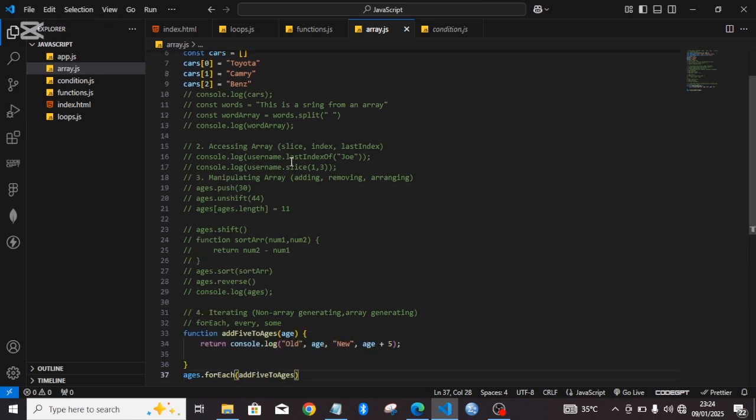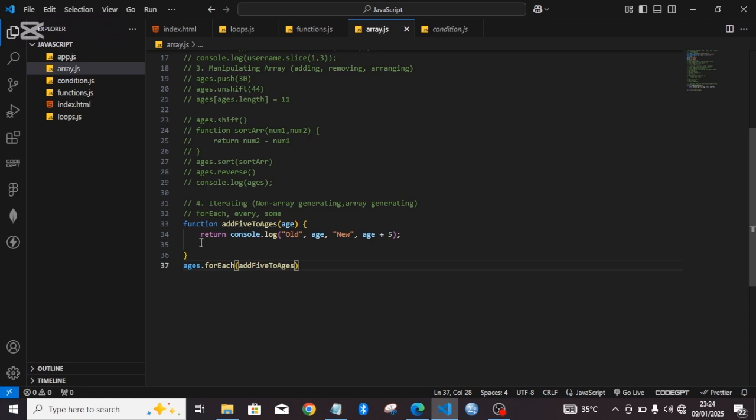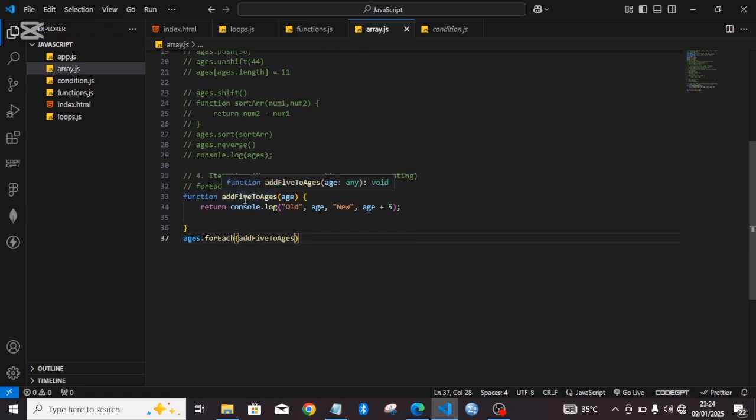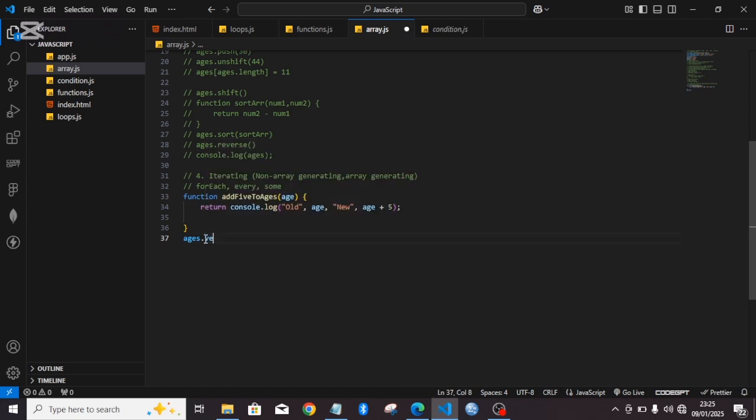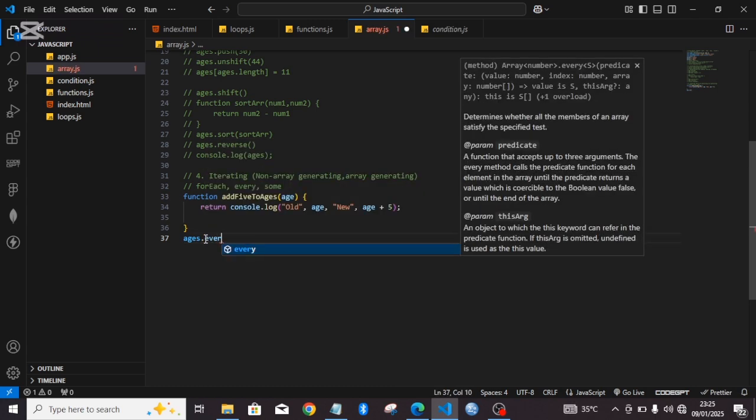You can do anything. You can decide to multiply. You can decide to do anything with them. That's what forEach does. And for every, now let's look at every. Now every also takes a function as a parameter,